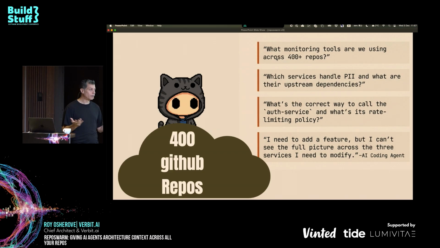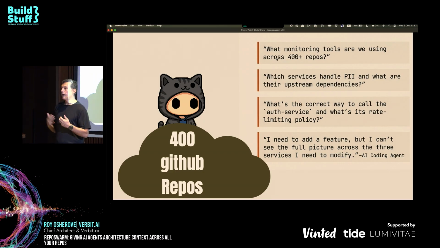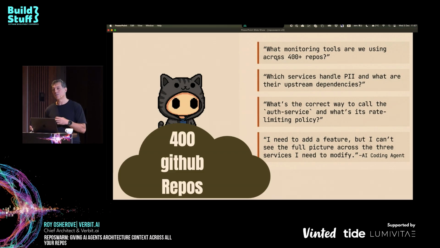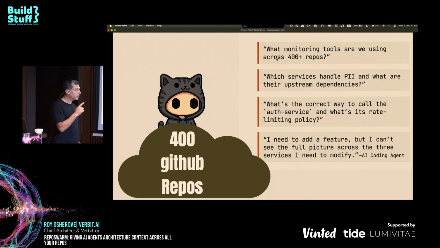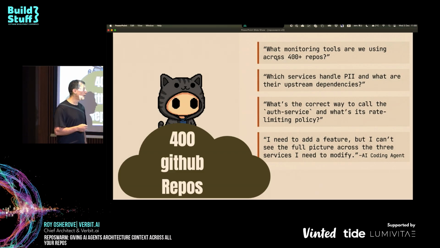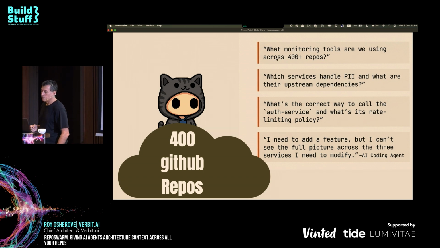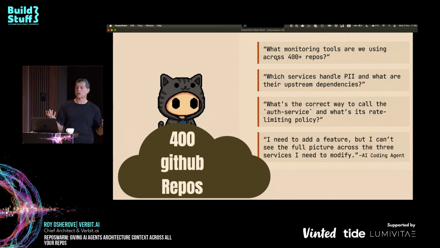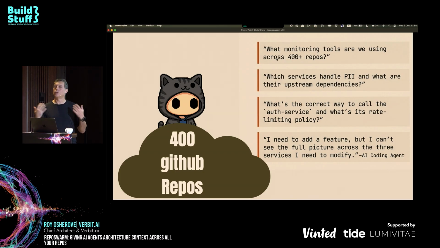And now we have a new type of user, an AI coding agent. An AI coding agent where we can ask it to start adding features or fix bugs or change something based on our new requirements. But the agent itself also needs context. For example, I need to add a feature, but I need to see how that feature is being used across our application. Even a simpler example, I need to add a new component and it needs to use the same component standards across the company in the UI sense. Or I want to make sure that I use the API version 2 instead of version 1 from a service, et cetera, et cetera, et cetera.